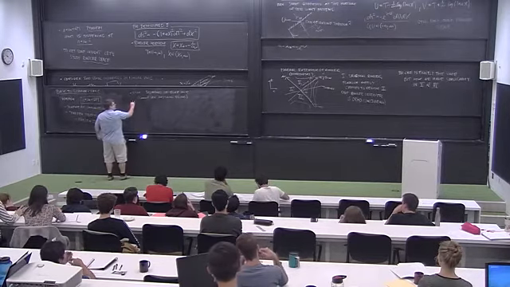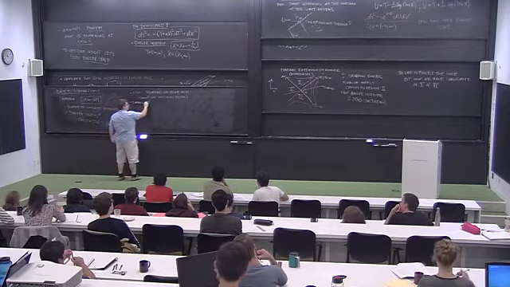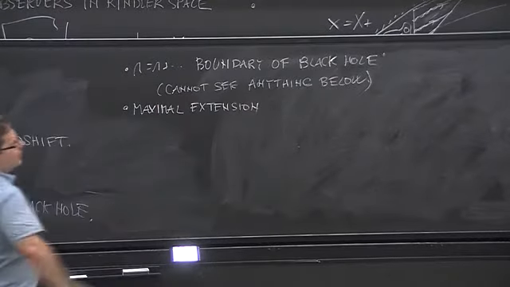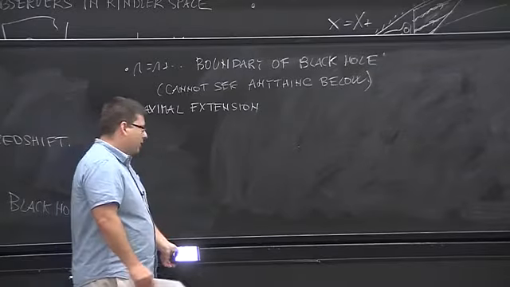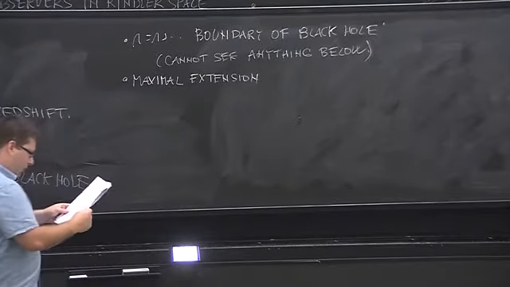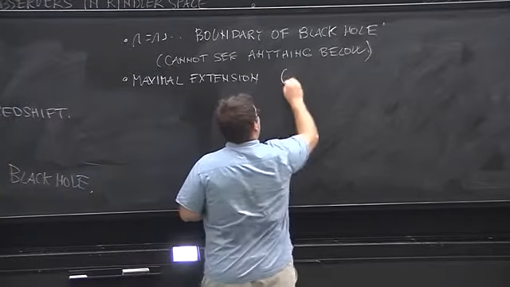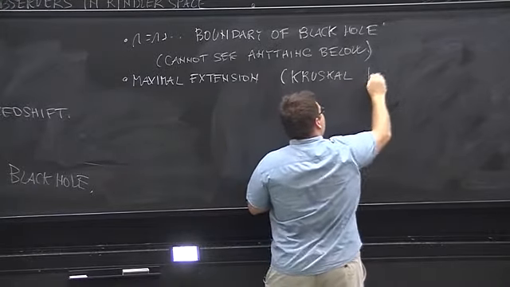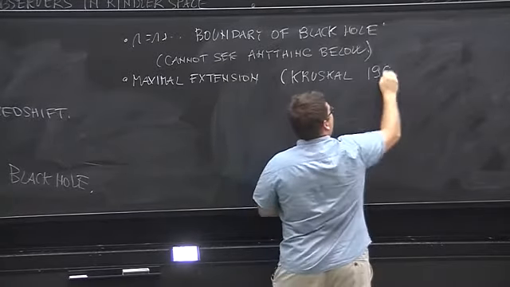So when you do the maximal extension, let's use some terminology. So maximal extension. Again, the idea is exactly the same. You shoot geodesics at this. You find the affine parameter. You change the coordinates so that they are the affine parameter along these geodesics. Now I just give you the result. This was done by Kruskal. I think it was a PhD thesis in 1960. Was it 60? 60.